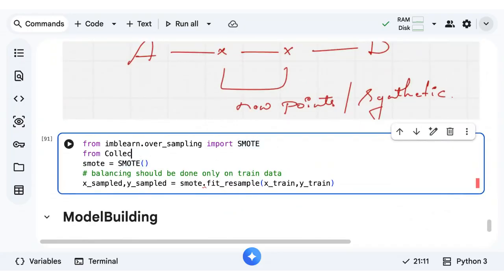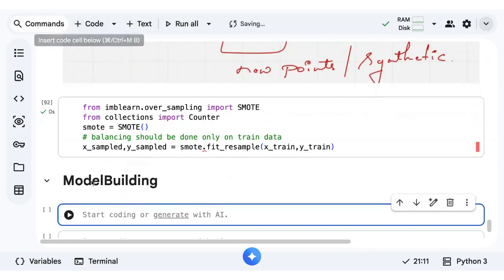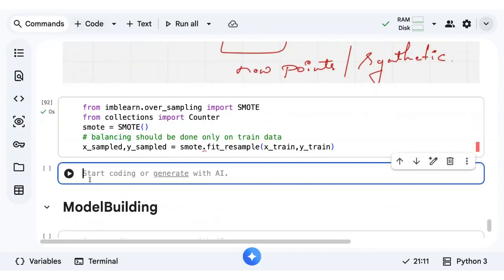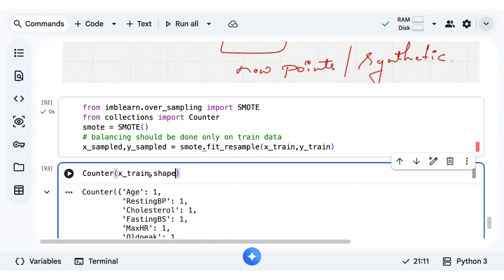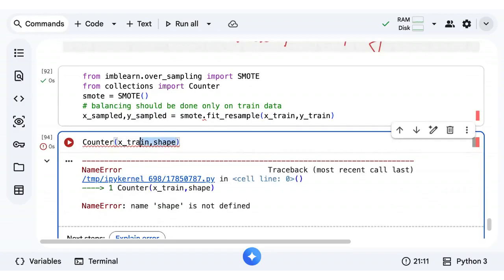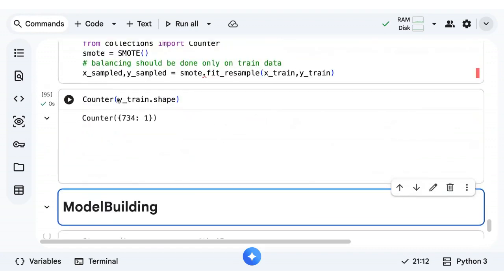If you want to see the difference, from collections you can import Counter. I'll show you what the difference looks like. You can just use Counter of y_train, since we are looking at y now. Counter of y_sampled as well.